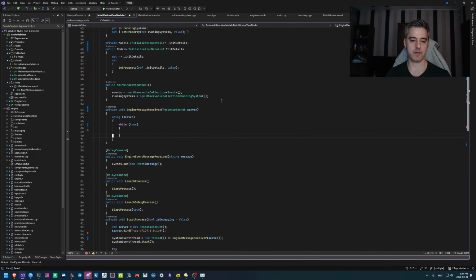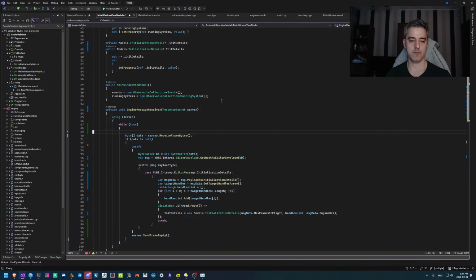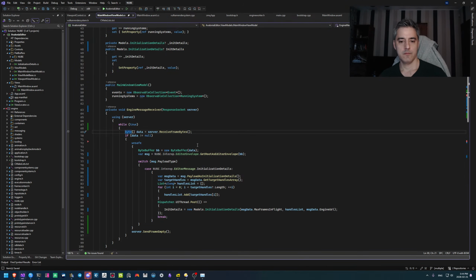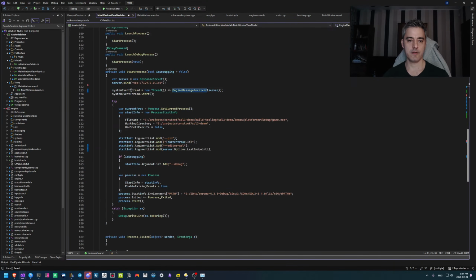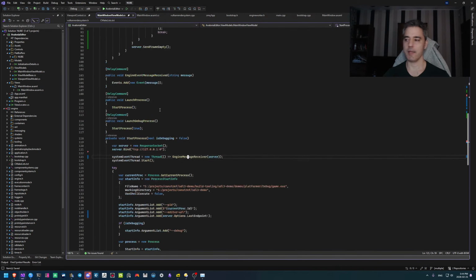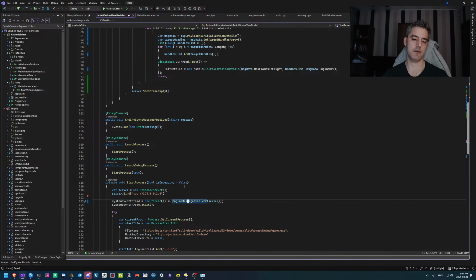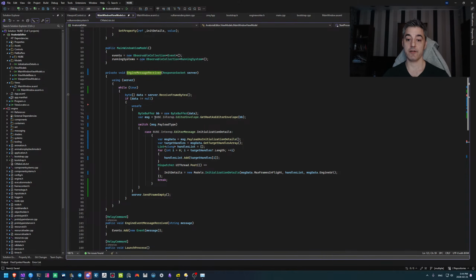I'll have to put some condition in there. So now this thing's running in a thread, kicks off here, and as messages come from the engine over the socket, they get received here. So this thing will pull in just raw bytes over the socket,